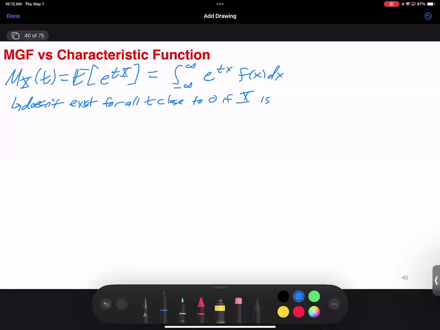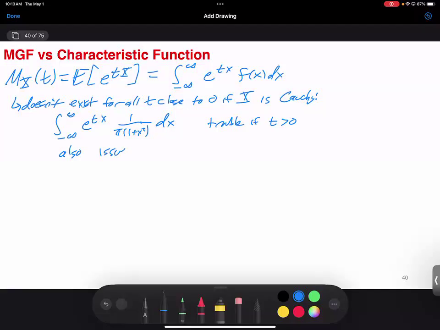So can you give me a distribution where the moment generating function is not going to exist for all t in the neighborhood of the origin? So what's your go-to example of a distribution that's bad? Cauchy, right? When in doubt, go with Cauchy. That would be the integral from minus infinity to infinity of e to the tx 1 over pi 1 plus x squared dx. When t is negative, you have exponential decay, which is great, but when t is positive, you have trouble. So trouble if t is greater than 0.